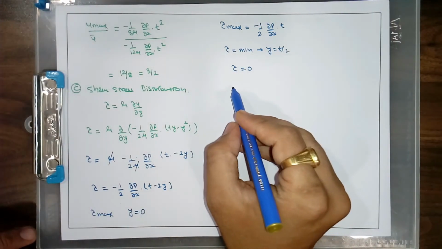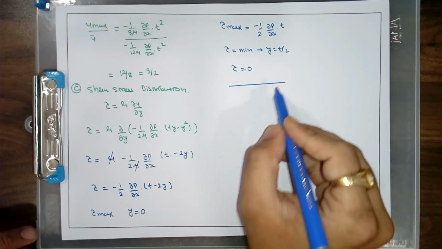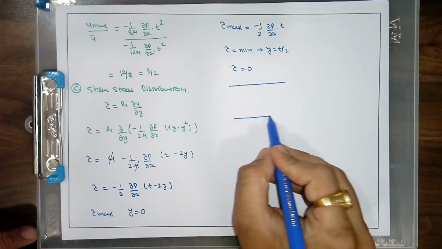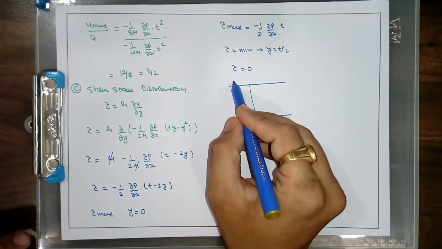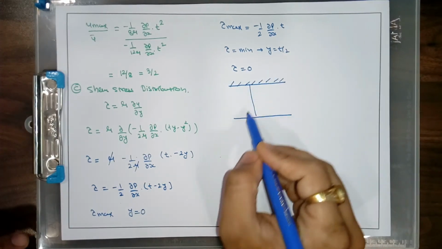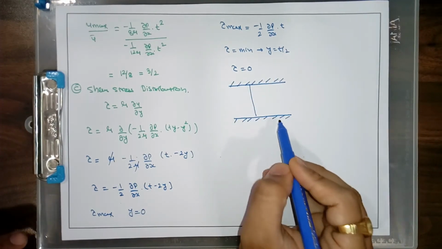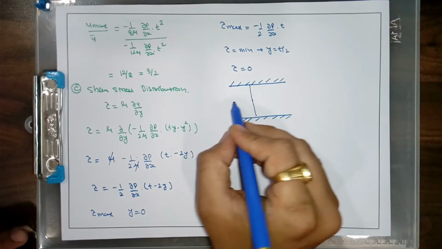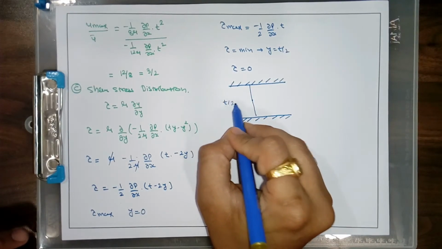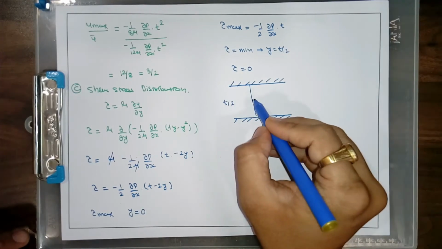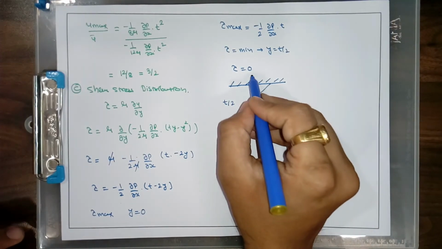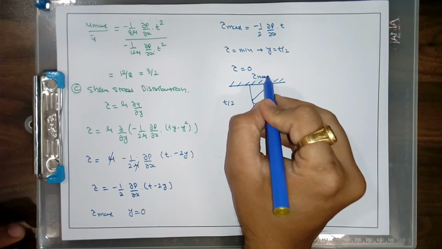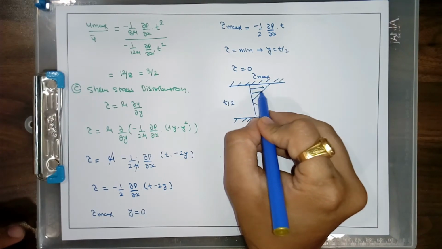So now on the basis of this maximum and minimum value of shear stress, we are going to plot the shear stress distribution diagram between these two fixed plates. So at the middle, where y becomes t/2, it becomes 0, and here it becomes a maximum. So we get τ max near the plate.